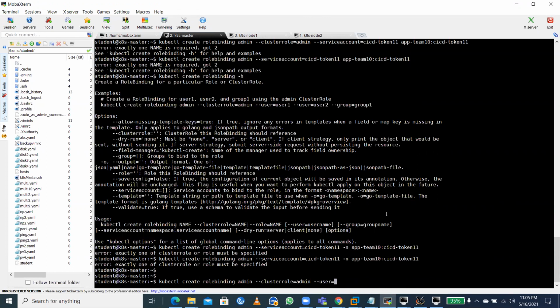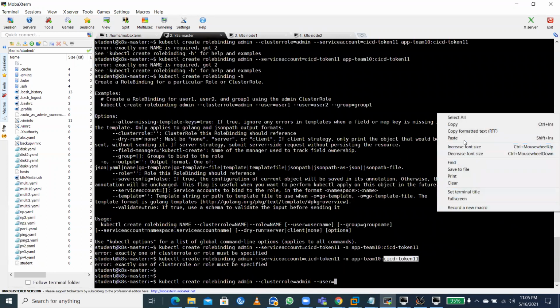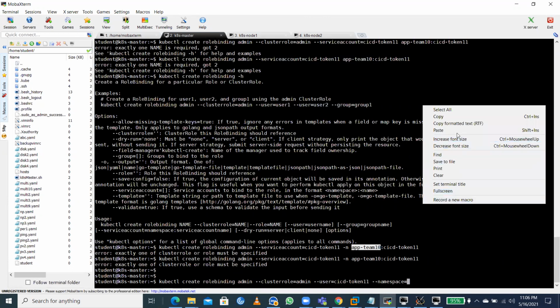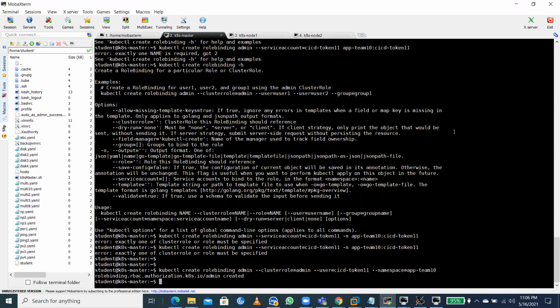And user is equals to kubectl token hyphen namespace is equals to, let me see if I can use this one. Yeah, now I think it's okay. kubectl create role binding admin hyphen so and so hyphen user hyphen namespace equals to, so role binding is created. Okay,